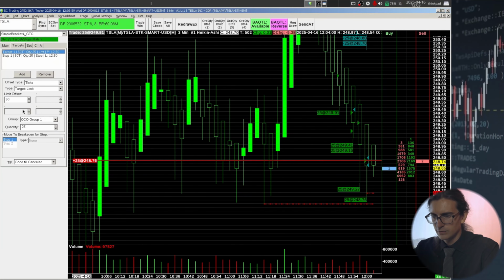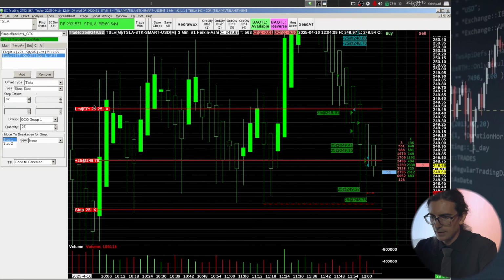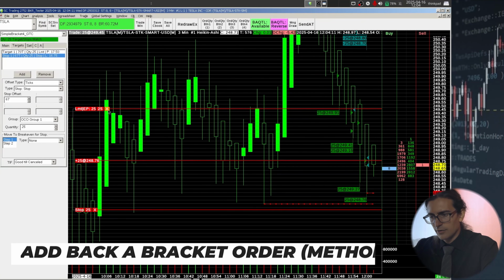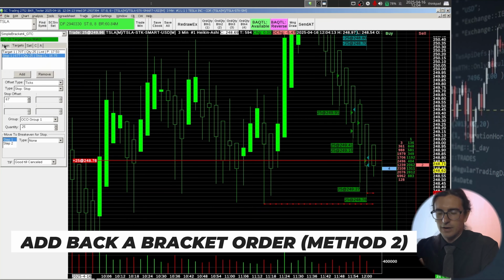So let's do 70 for the target. And you can see it does that. All right, another way to add back a bracket, which is the way that I was using for a while